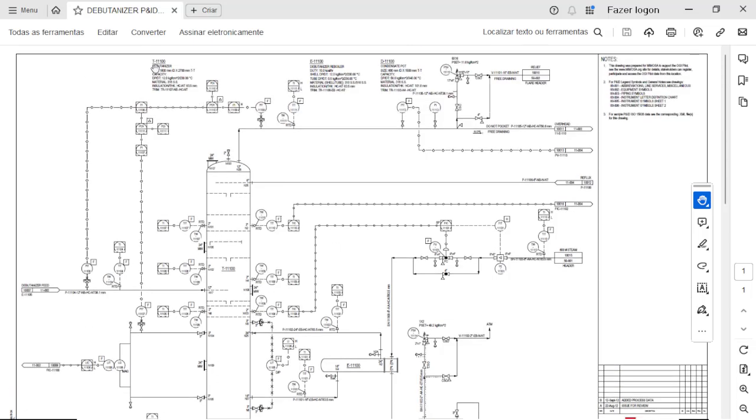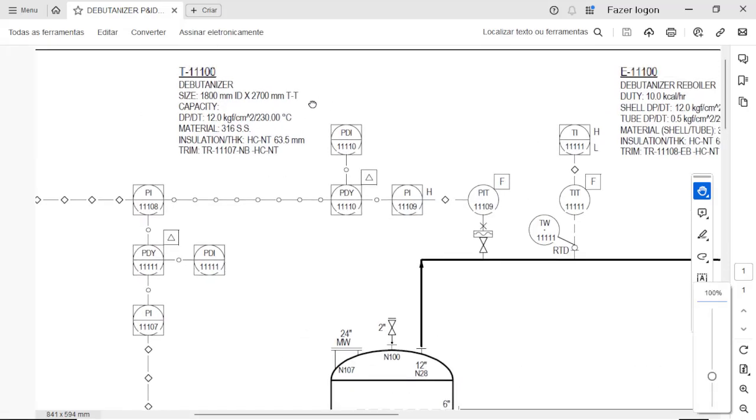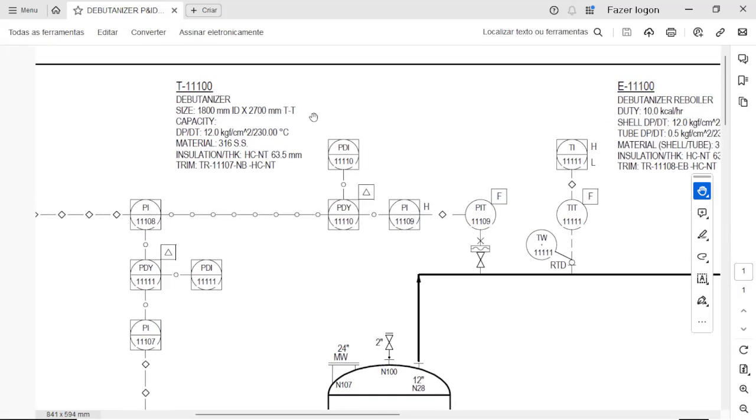It's the most common way of representing pressure vessels in the pipe instrumentation diagram. We have also information related to materials, so this is stainless steel 316. We have information related to insulation, the type and the thickness of insulation, and we have also another information here related to the trim.